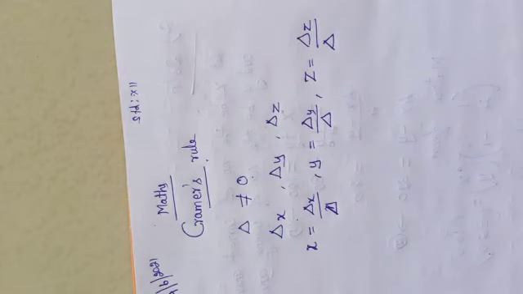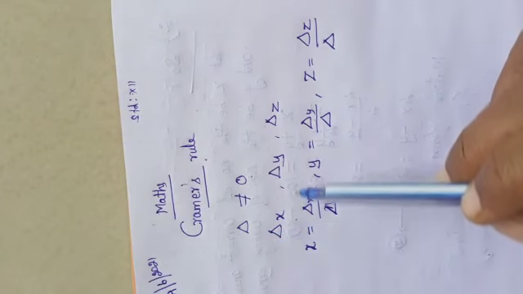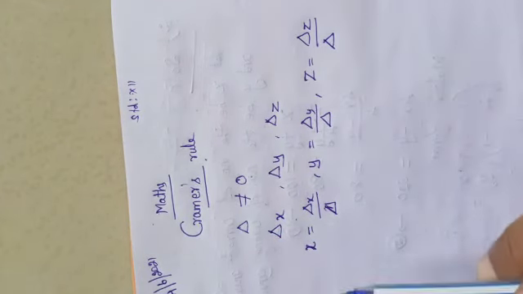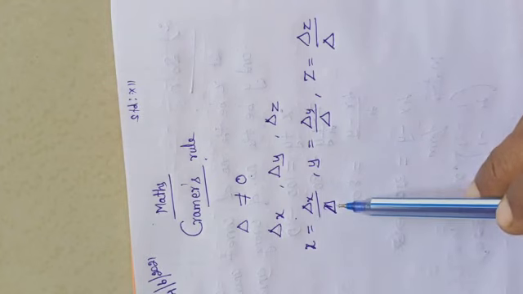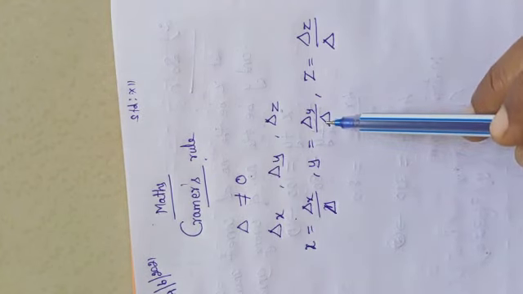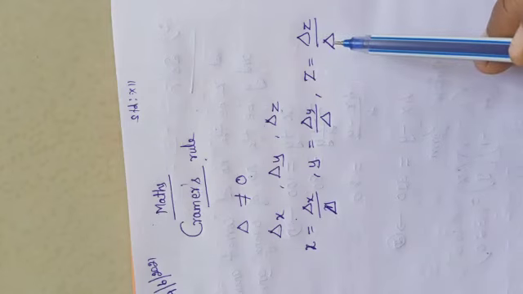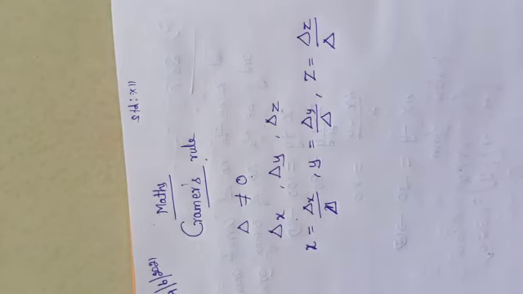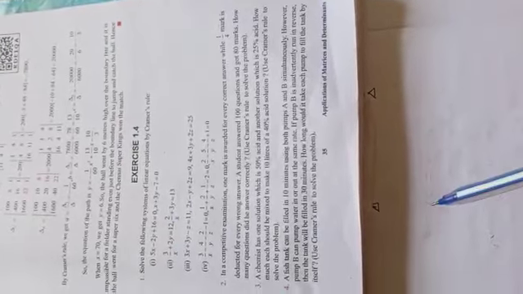So, last class we did the problems where the equations were given directly. Today, we have to find the equations from the given question. So first we have to read the question carefully, form the equations, then write the equations in matrix form. After that, as usual, find delta, delta x, delta y, delta z. From that, we find x. We know x is equal to delta x by delta, y equal to delta y by delta, and z equal to delta z by delta. Now, shall we move to the problem? Already we have completed the first and second problems.